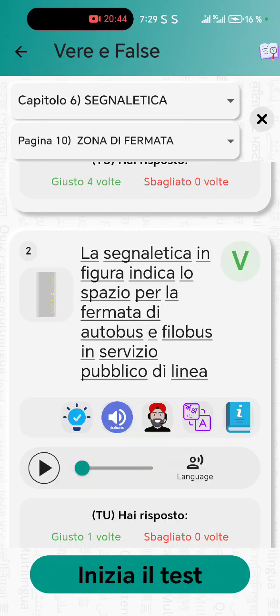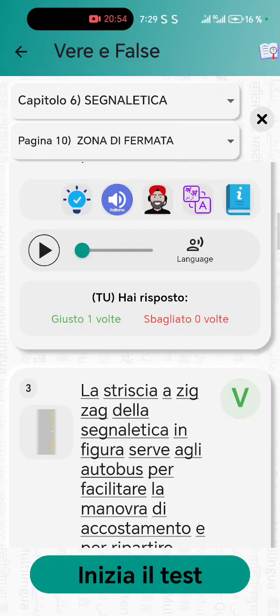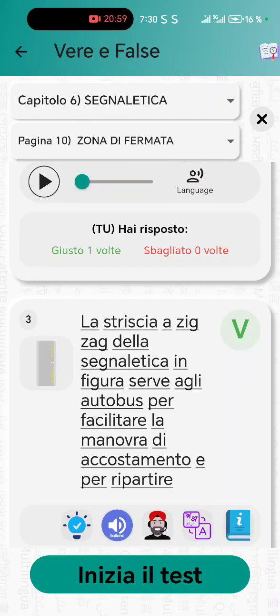Of course, not very simple questions, guys. You understand? Patent in all art. Now, if you dedicate yourself to study, you will achieve greater things. You understand? So you say, le strisce a zigzag della segnaletica in figura servono agli autobus per facilitare la manovra di